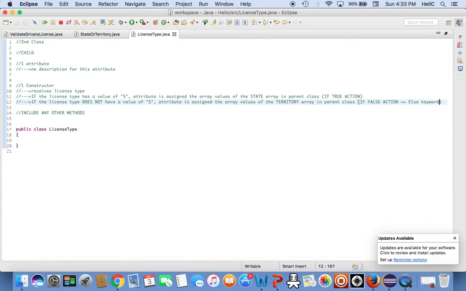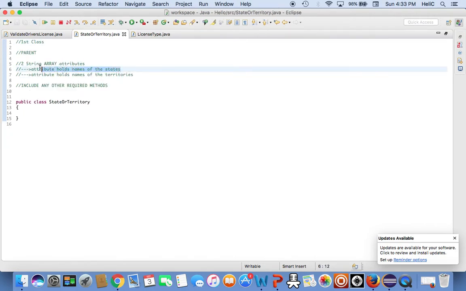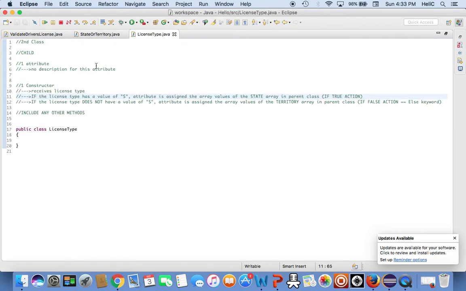Yeah, so that's basically what I'm trying to get you guys to see here. Another thing is they're saying if this is true, I need the values from this array to be set to this vague attribute. Well, it's no longer vague because depending on how your if statement turns out, whether there's an